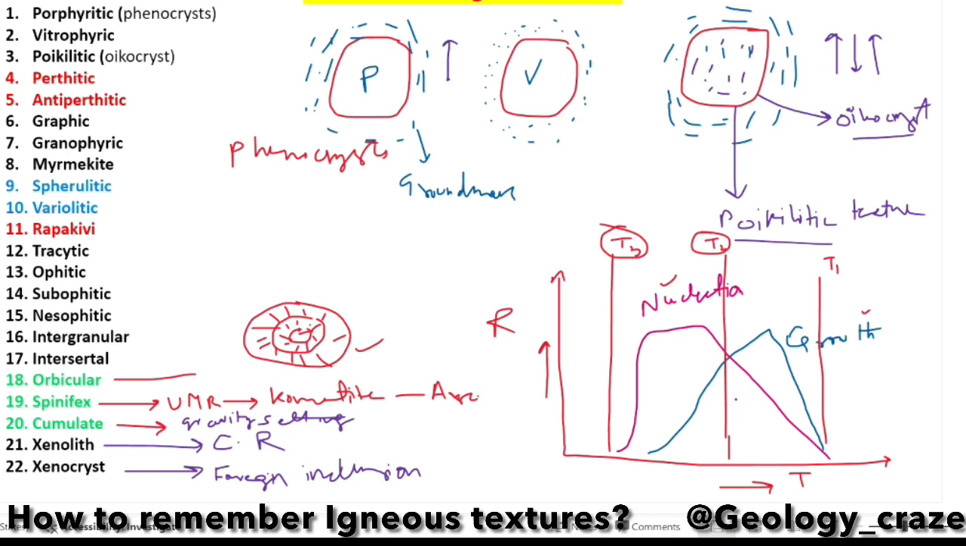Now if we are talking about T1, here the nucleation is less, growth is also less. I just shifted this to here for better understanding. Here the nucleation rate is less than the growth rate. It means the nucleation that developed now is growing itself. But if I draw here, the growth rate of the crystal is very less, but nucleation is